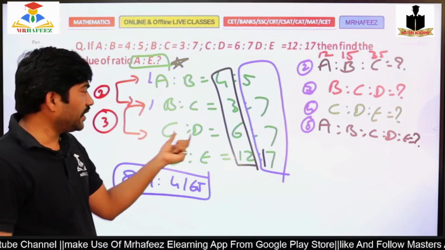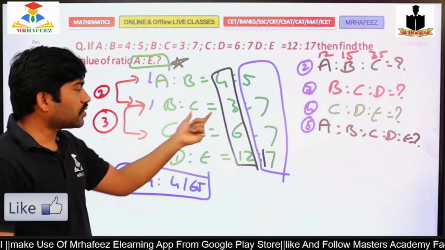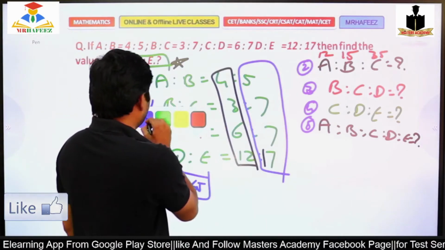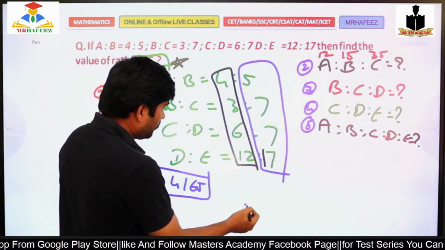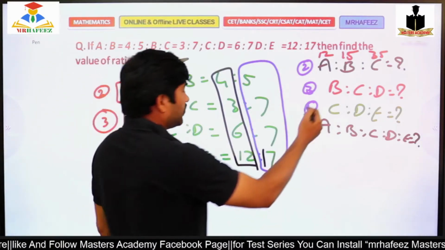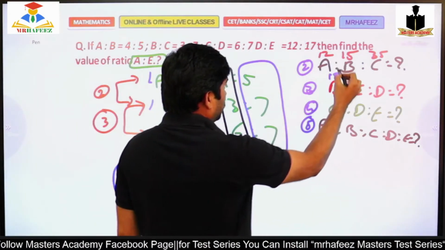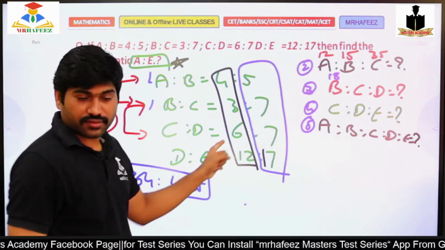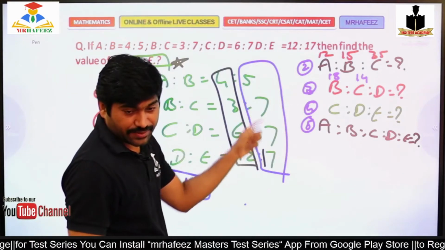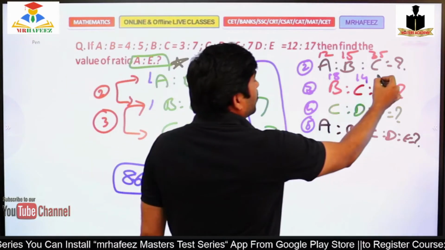So B is to C is to D. So 6 3 times is how much? 6 3 times is 6 3 times. First 2 multiply. Yeah, it's 18. And 6 7 times 42. And 7 7 times 49. Very good Reshma, very good Yogita.